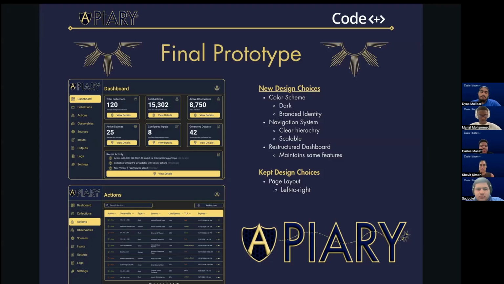all users. Visually, we also moved toward a stronger branded identity, one that referenced the meaning of Apiary and gave the system a more recognizable and memorable look. So as you can see in the new logo on the bottom right, we warped the A to fit the shape of the shield. We added honeycombs within the shield, and there's also now a bee flying through the letters